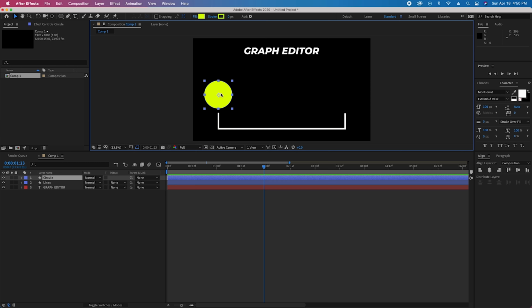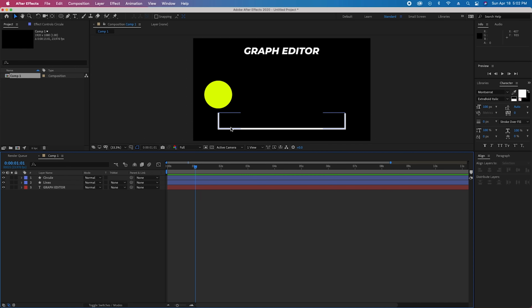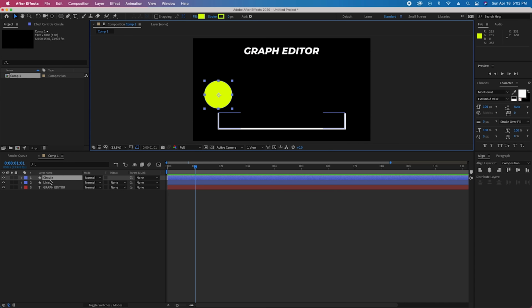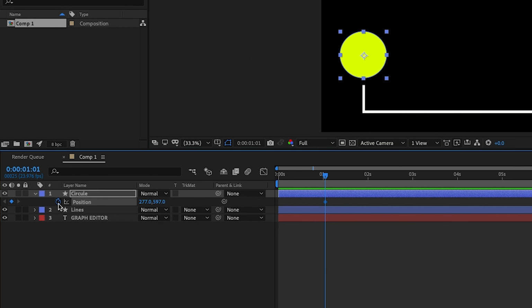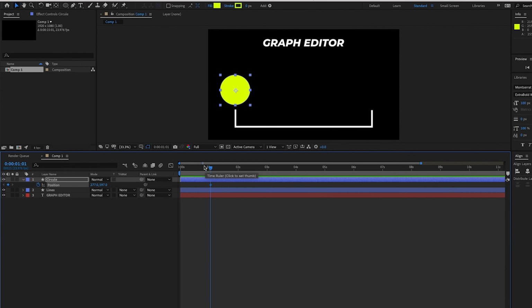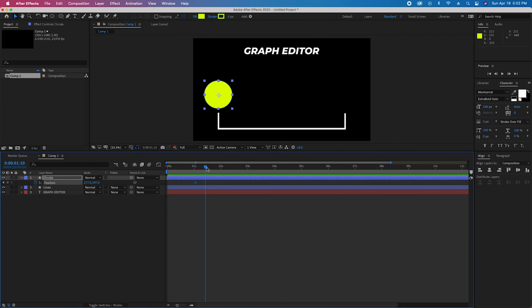So I have here an illustration of a yellow dot. We're gonna move it from left to right, and we're gonna explain how the graph editor works. Okay, so let's add some keyframes to this dot. We're going to select it, press the letter P for position, and create our first keyframe. This is where the movement is going to start. Then we're going to move the cursor 1 second further,